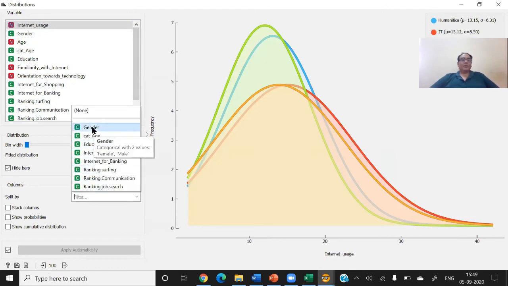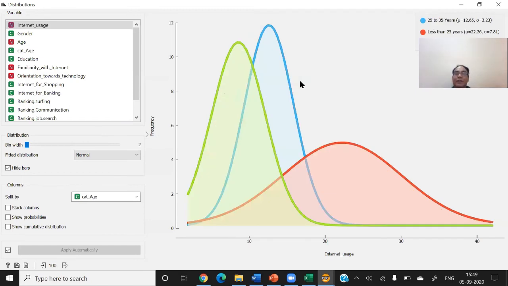So this is the distribution according to the age of internet usage. I hope these types of charts are quite interesting in data science, and we can plot different distributions for the different categories like this. This is quite easy.